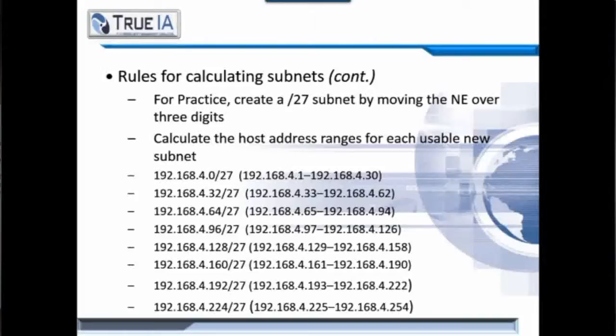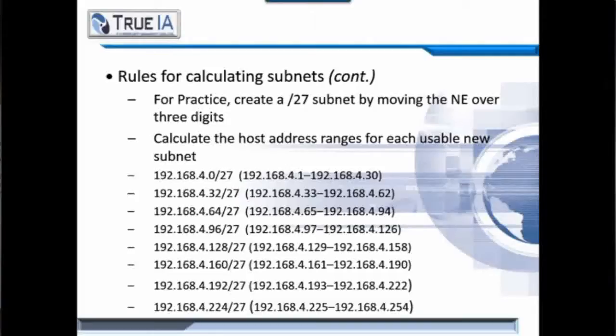Next, we need to calculate the host address ranges for each usable new subnet. So starting with 192.168.4.0/24, that's our first subnet, you'll see that it gives you the possible address range of 192.168.4.1 through